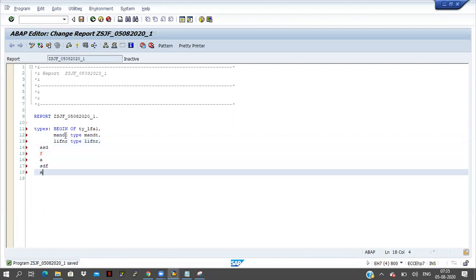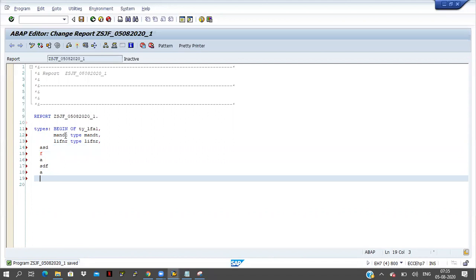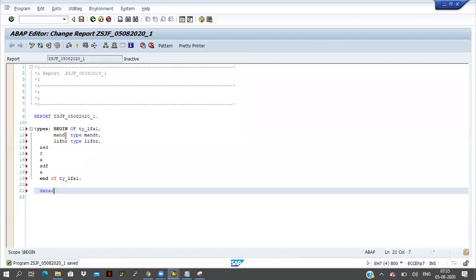Just assume some 20-30 fields are there. Like this we have to declare the type ty_LFA1.